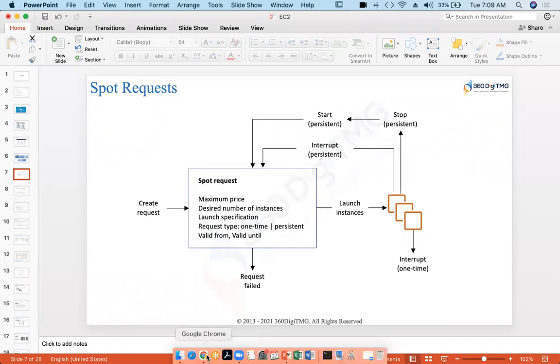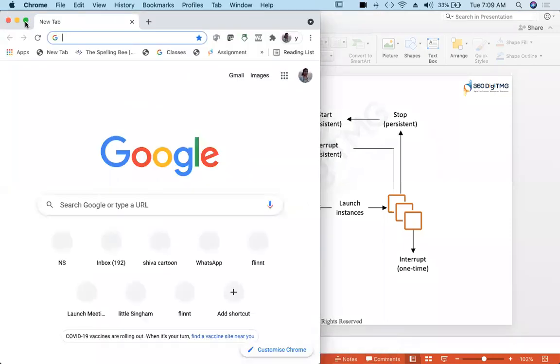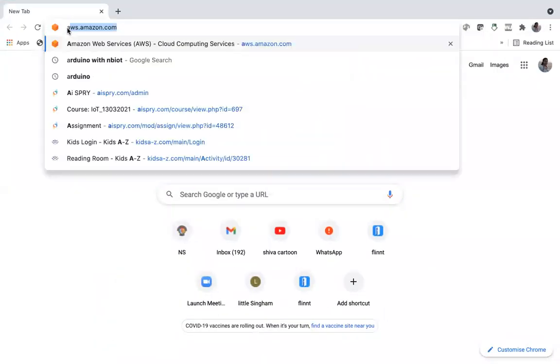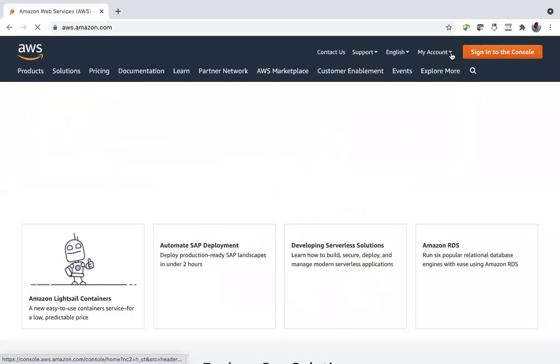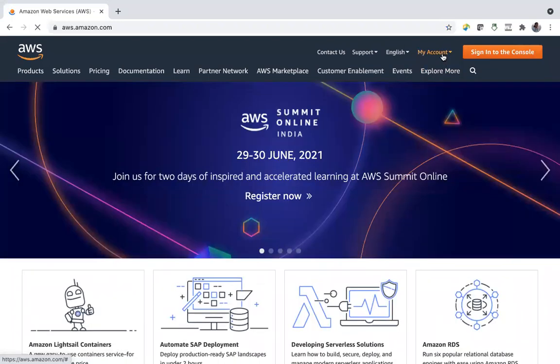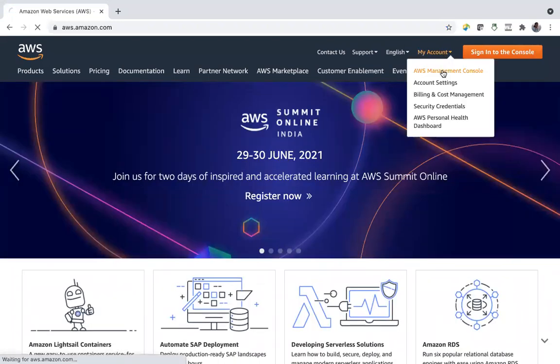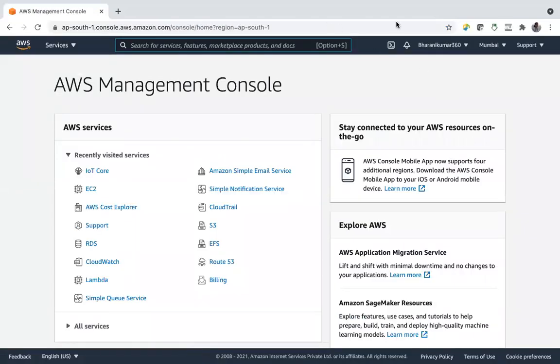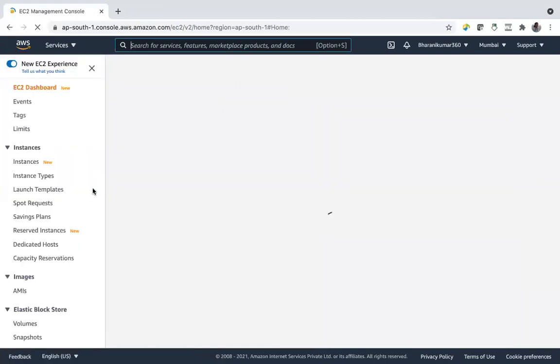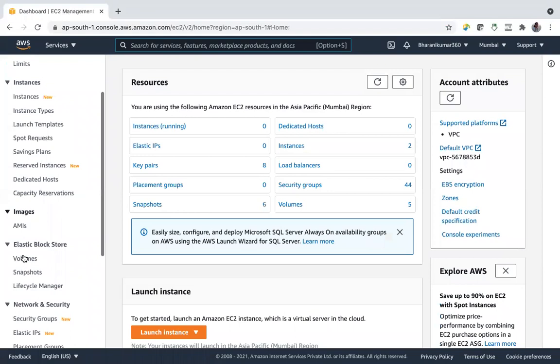Okay, let me go to my console. Yes, here we are. EC2 is there. And yesterday we were at this section, volumes.